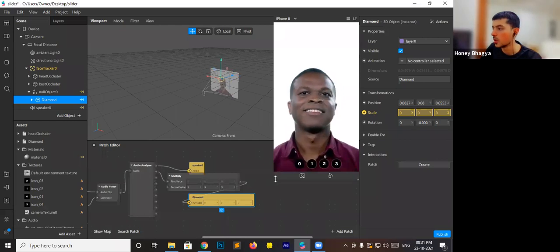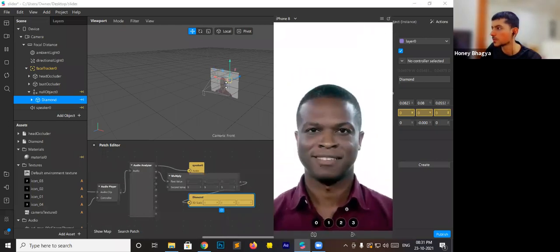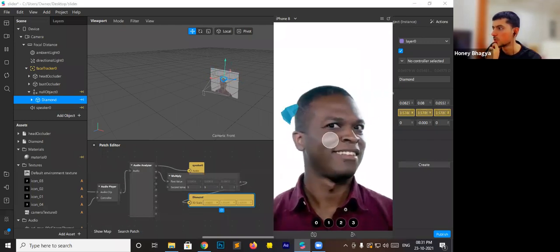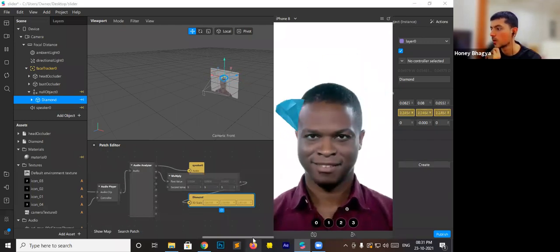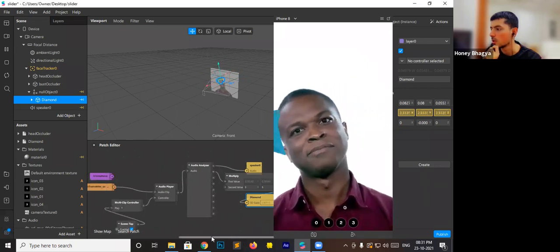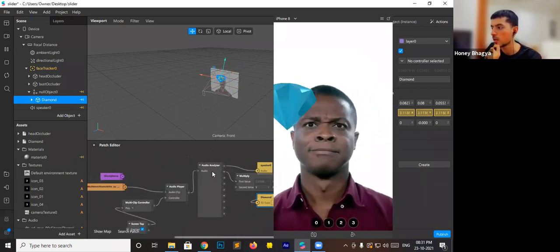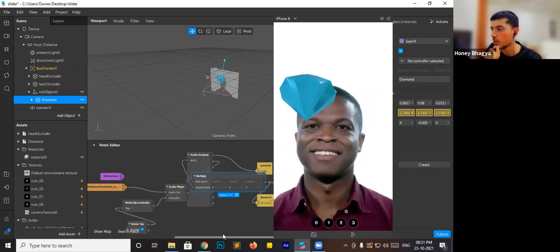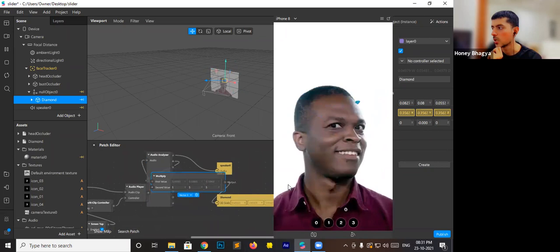Okay, it's hit. So as you can see, when I click on tap the screen, the audio starts to play, and then the value here from different bands, we are sending it to the multiply patch and then to the diamond scale.